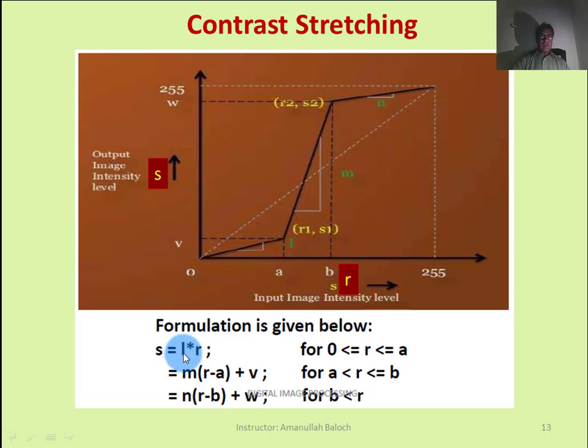L may be 2, 3 or 4, and each pixel value will be multiplied with this L value, and we will get the S pixel value, which will be greater than 0 and less than A, where R is greater than 0 and less than A. The original pixel value will be greater than 0 and less than A. If the original pixel value is greater than A and less than or equal to B, the original pixel belongs to this range,